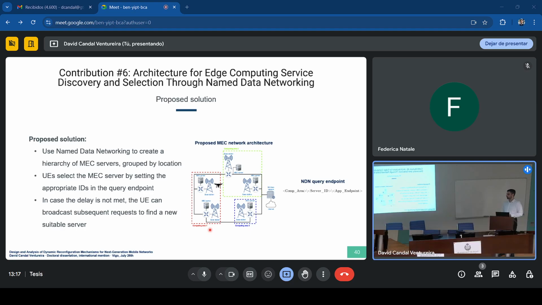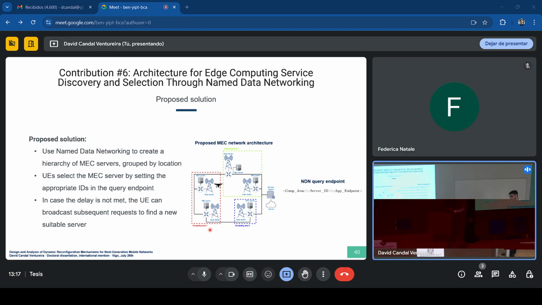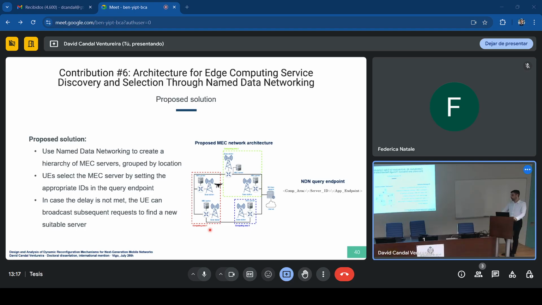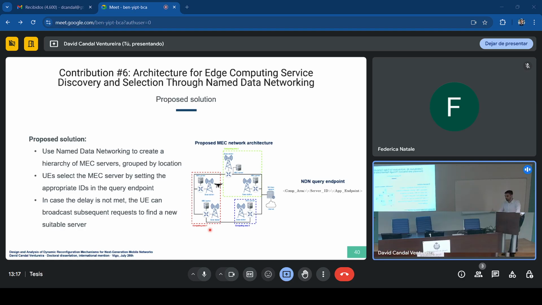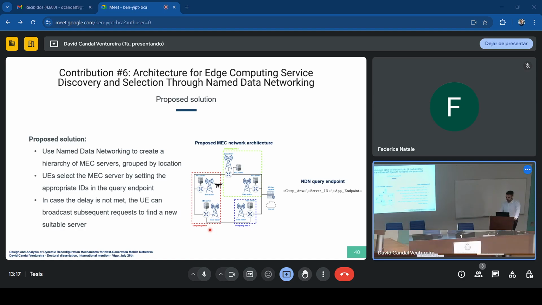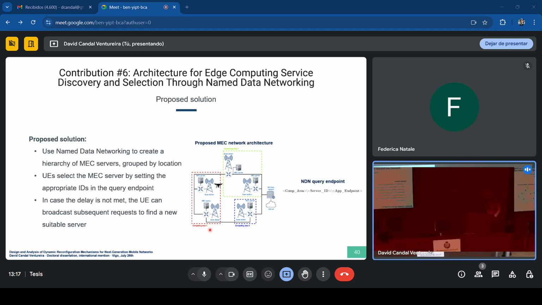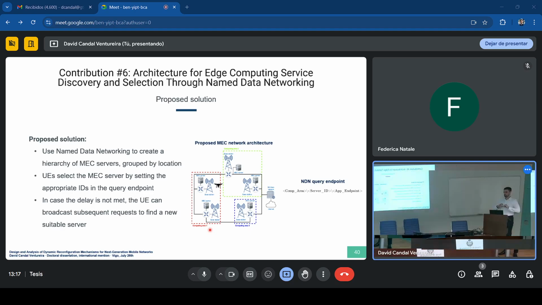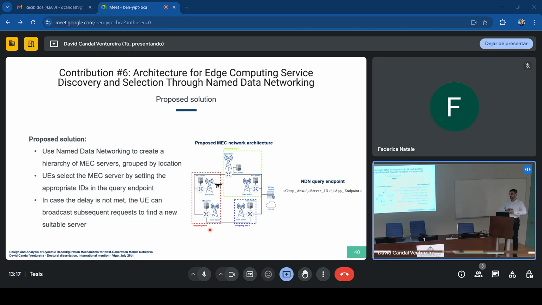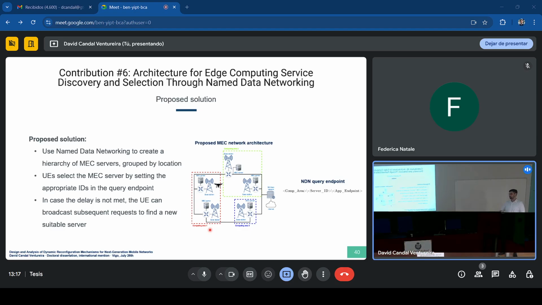But yes, of course, in fact, it's one of the disadvantages of this solution. On the other hand, I think it can also be fixed with many mechanisms. One is this; another would be to implement a ping service that simulates this behavior. Imagine a ping service where the initial message is broadcast to any server, or it can even be filtered by an NDN router.